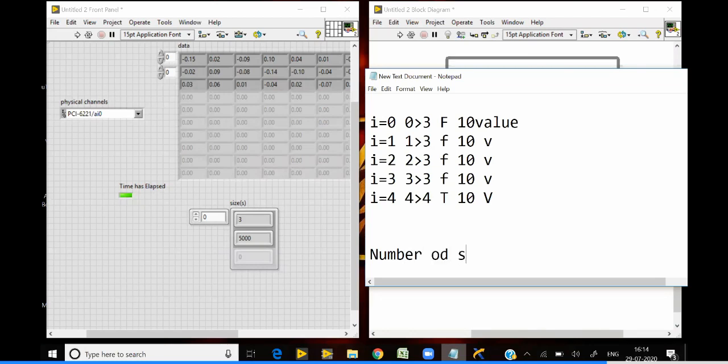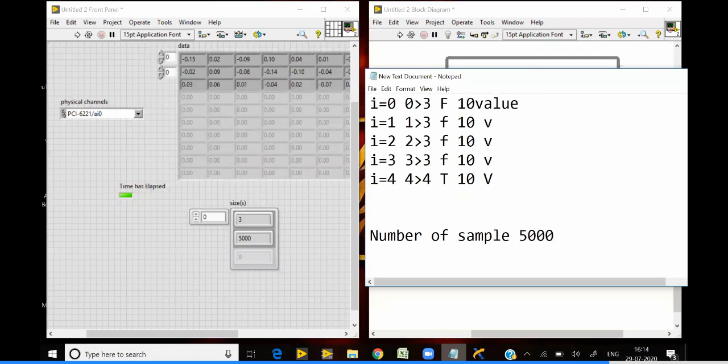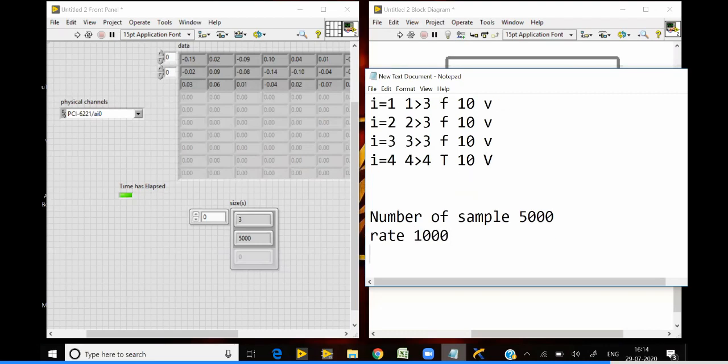Number of samples is 5000. Sample rate is 1000. That means the execution time will be 5 seconds. So every single iteration will take 5 seconds, right? 5 seconds.